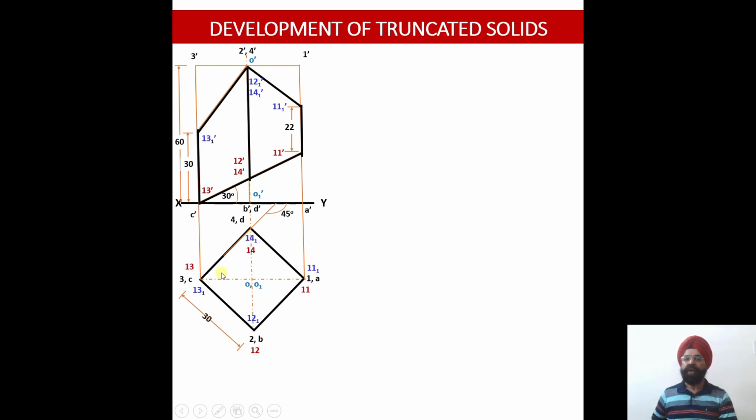Now we have not been asked to draw the section top view. The reason is quite simple, because there are 2 cutting planes. One cutting plane lies here, another cutting plane lies here. So since all the vertical edges are being cut, had we got only one plane, we would have shaded this entire portion.